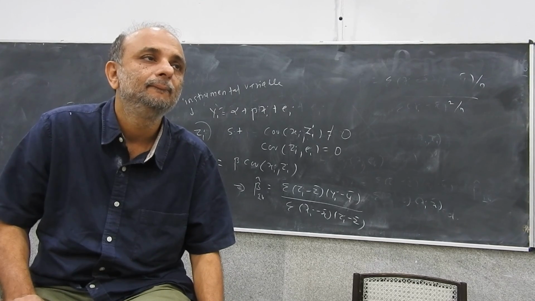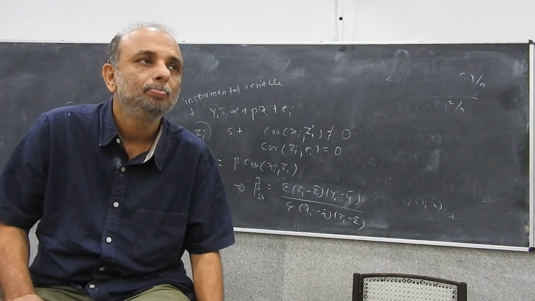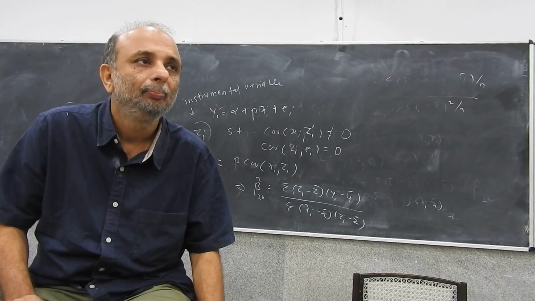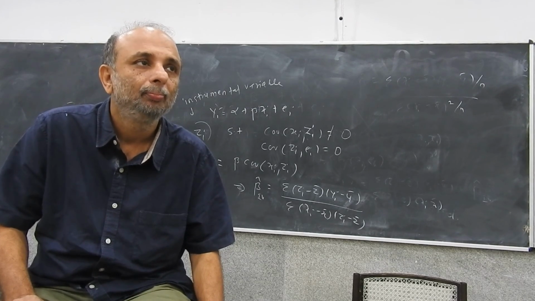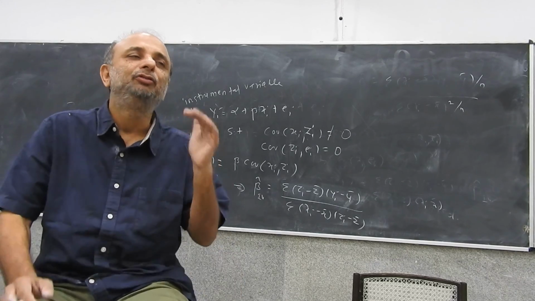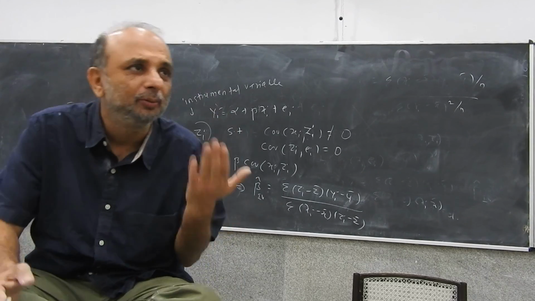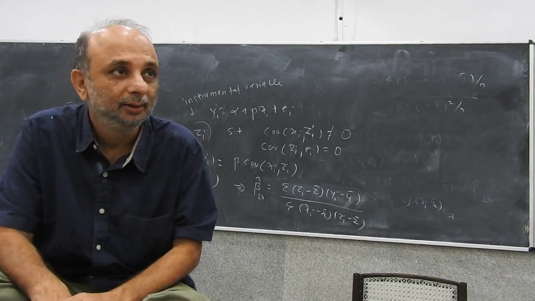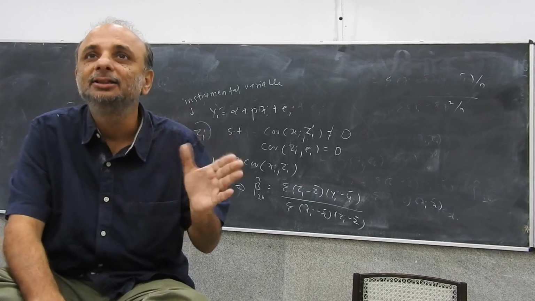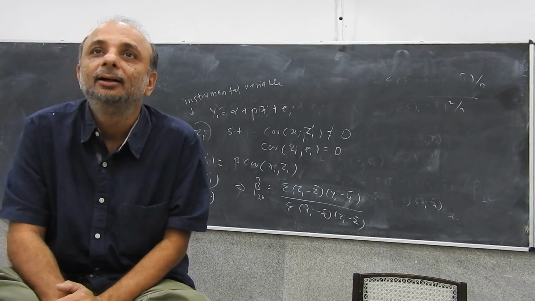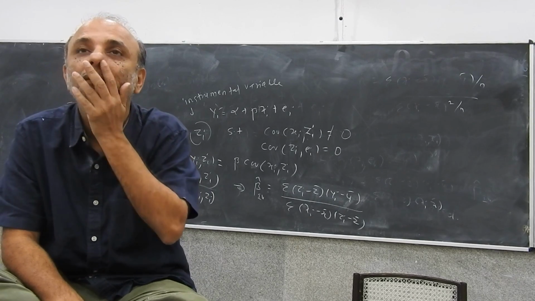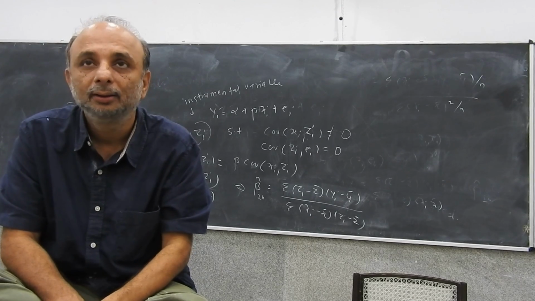So if we now find beta with this, we will get a consistent estimate, and under that condition we get the instrumental variable beta. The formula for the instrumental variable estimator will differ from the formula for the OLS estimate. So we get a consistent estimate. So when we have y equal to alpha plus beta xi plus ei, we say that y